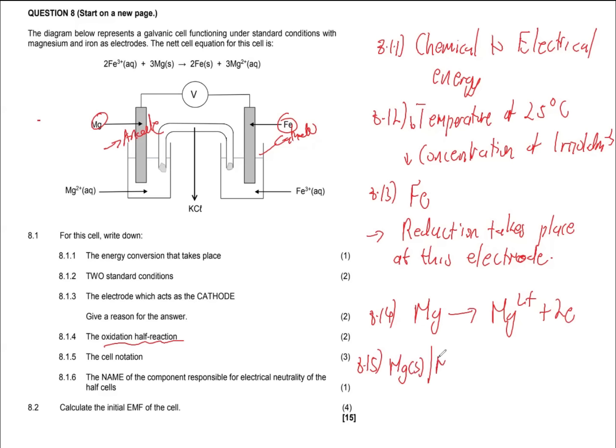It oxidizes to magnesium 2+, which is in aqueous form, and then goes through the salt bridge. Here we find the Fe3+. So note that we are indicating the cell notation, not the net cell reaction. In aqueous, and then this reduces to Fe, which is in solid form, right? And just like that,